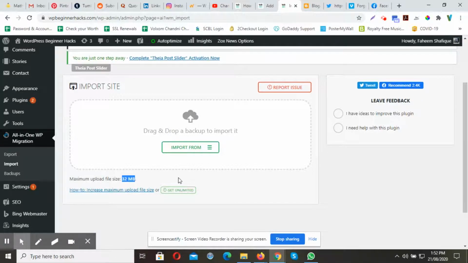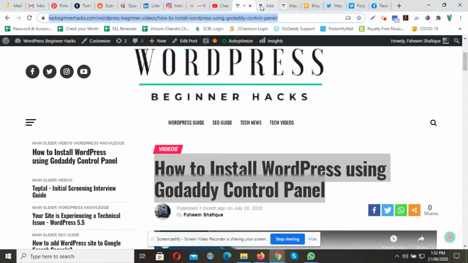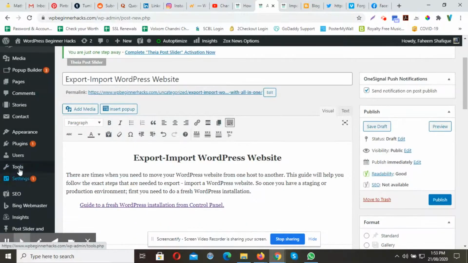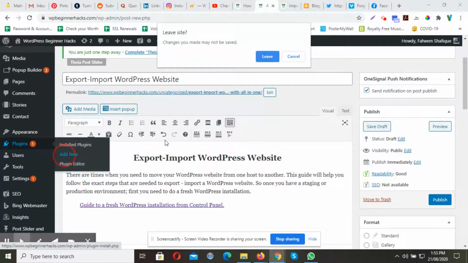But I have a cracked version of the all-in-one WP migration plugin, which you can download from my website once you go to this article, export, import WordPress website. You can go to my website wpbeginnerhacks.com, and from there you will see the cracked version available, and you can download that version. Once you download that zip, you again need to go into the plugin and click on add new,